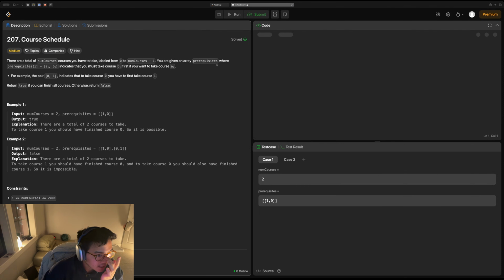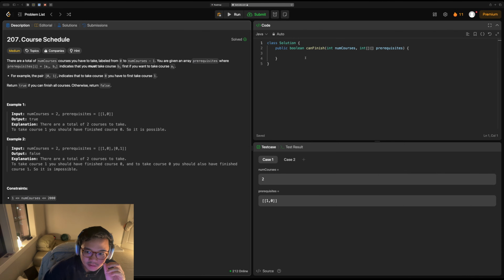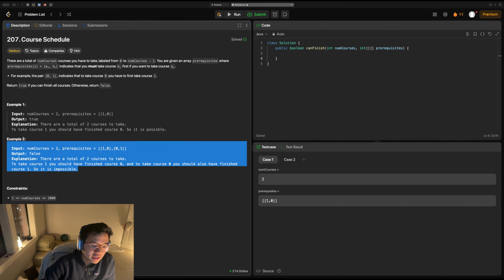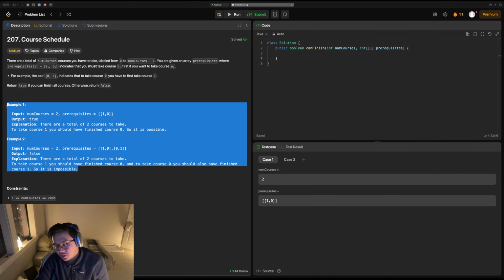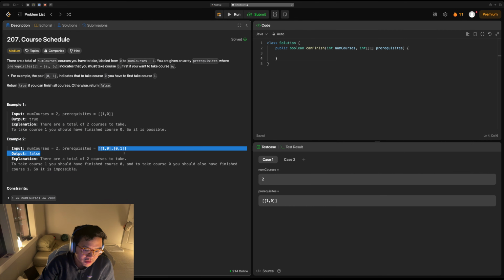Course schedule. So this is actual graph stuff, I think. Okay. So we're going to make an adjacency list. The way I'm going to do this is make an adjacency list of the whole graph, of everything. And then I'm going to find out what has 0 prerequisites. And then I'm going to topologically iterate through, I'm going to use BFS basically. I don't know why I say topologically anymore. Anytime I use a queue, I say topologically. But I'm going to iterate through